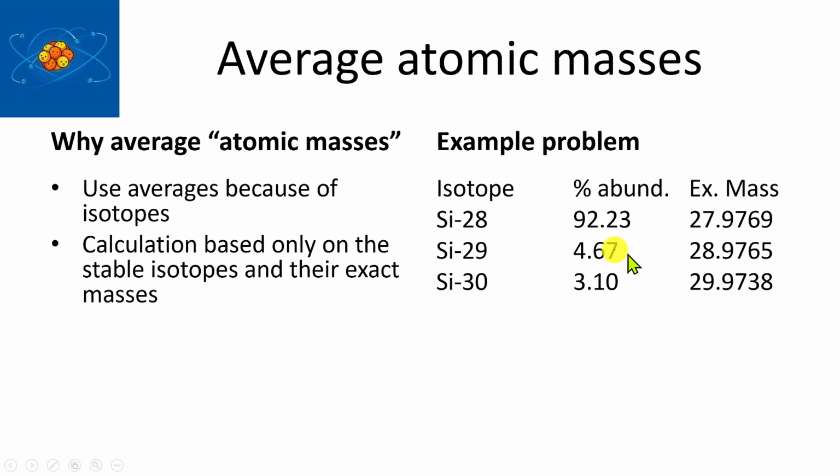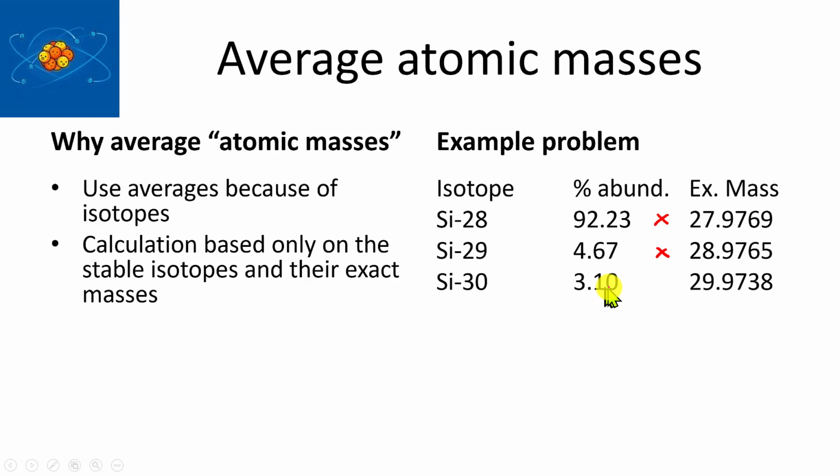So anyways, what we do to calculate the average mass is we use the percent abundance, usually generated from something like a mass spectrometer, and the exact mass of that isotope. Now, these could go on further. I just shortened it up to make life easy for us. And this is the calculation that typically we do. All you have to do is a weighted average. To get a weighted average, you say, well, 92.23% of this mass makes up the average, so you go like this. Just multiply them together. 4.67% is made up of this mass,